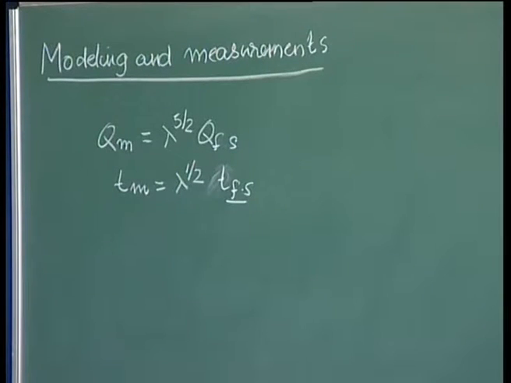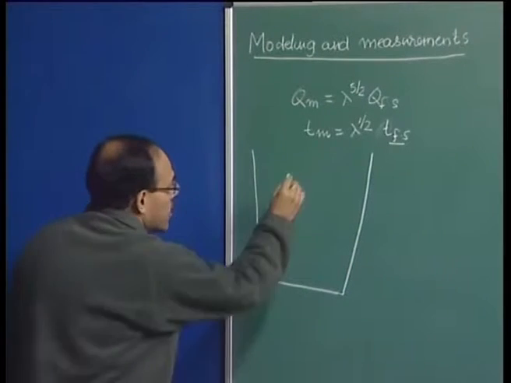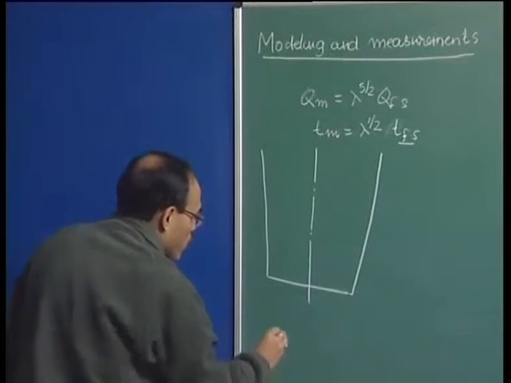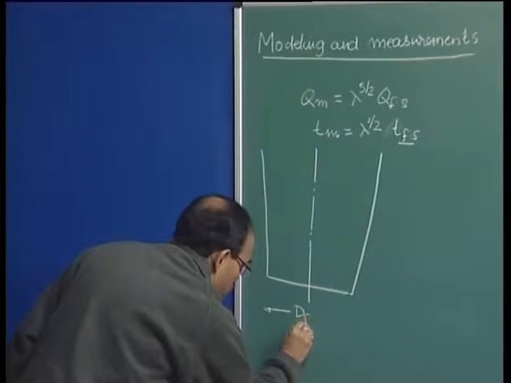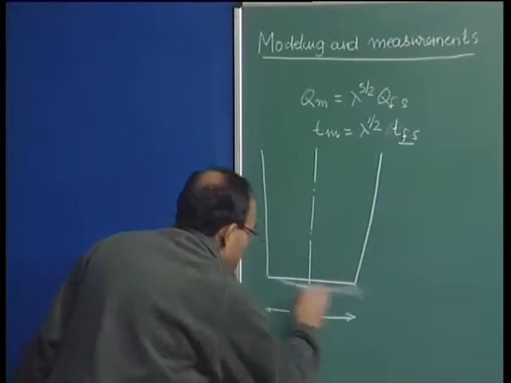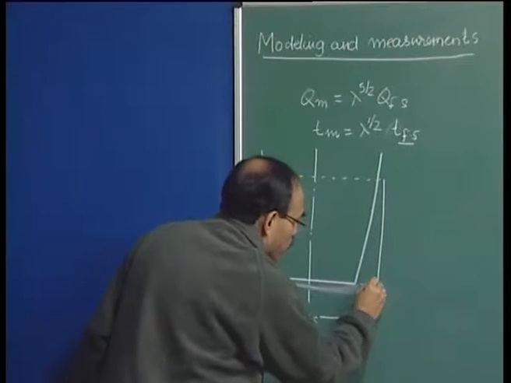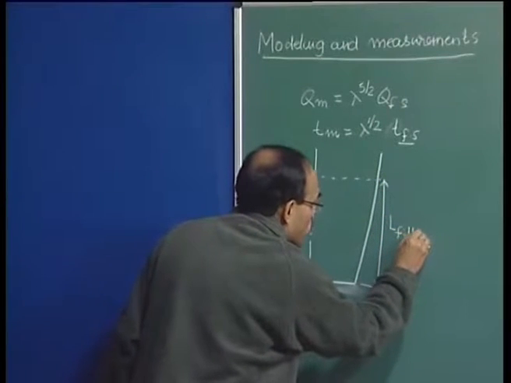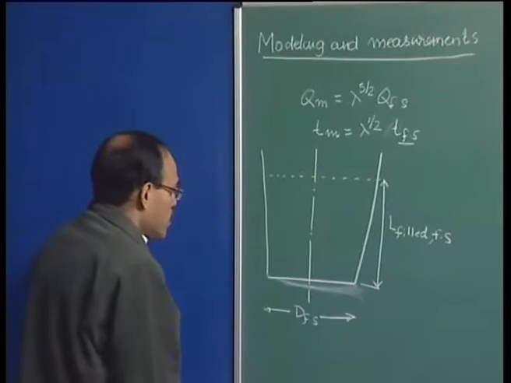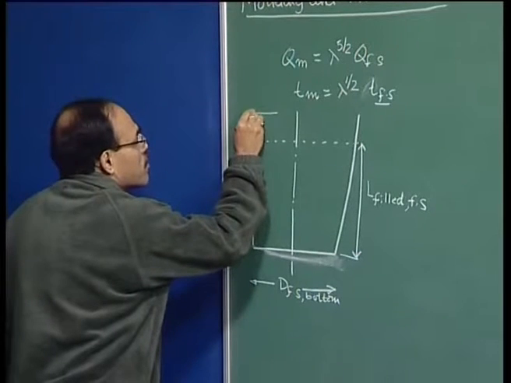Now, let us take a typical example to show you how you really proceed to model, for example, a gas stirred ladle system. Suppose it is given that I have a ladle which is cylindrical shaped. This is the line of symmetry. So, this distance is the D full scale. Let me draw it horizontally, then it will look better. And then we have this much, which is L filled, the height of the liquid that is filled, full scale. This I will say as DFS bottom, and this is DFS top,